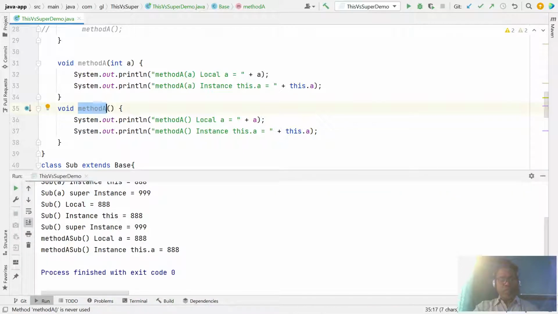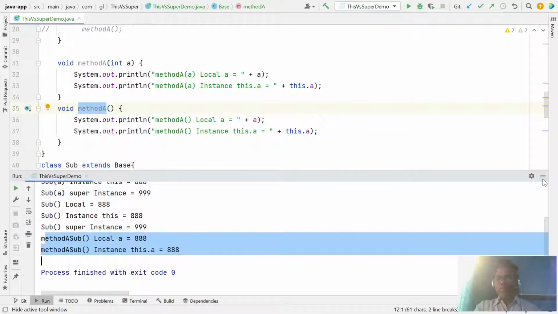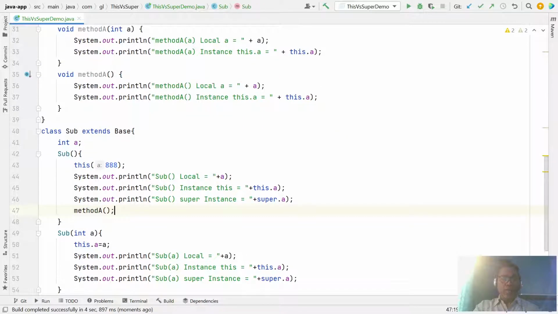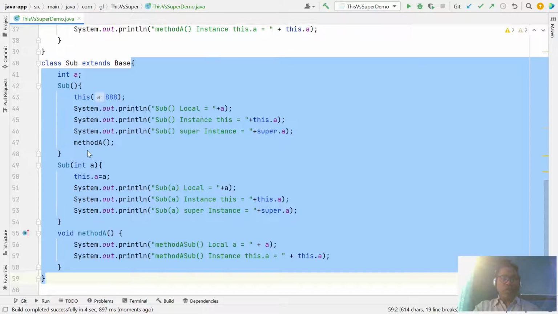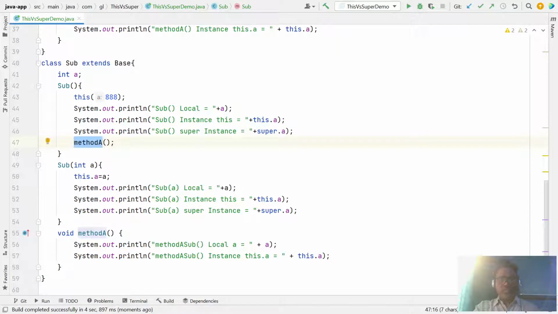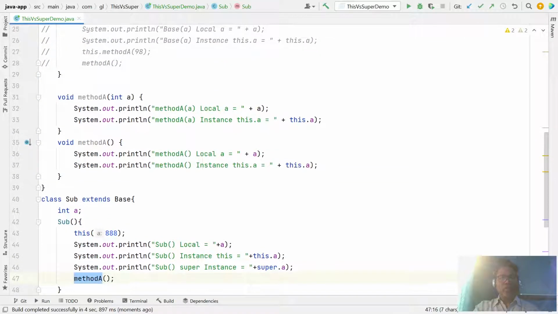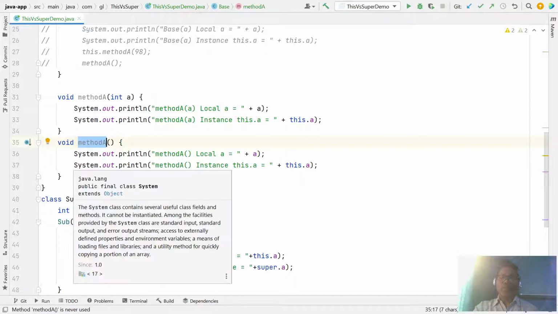You notice they invoke the sub method. So the compiler always gives preference, if you are not specifying anything. First it looks if there is any local method A, yes, so it invokes the local method A. But here you want this to invoke the super method, the base class method. So how?